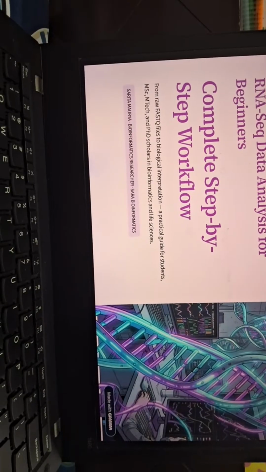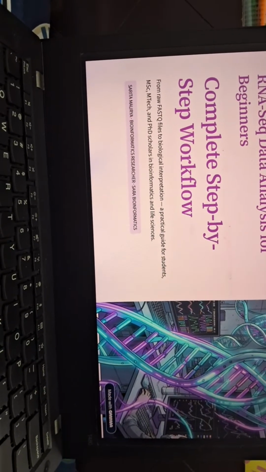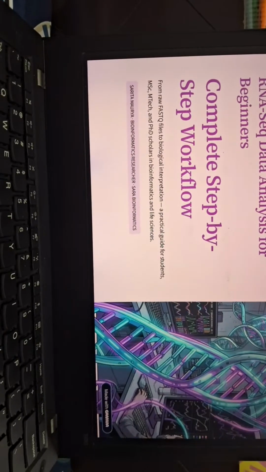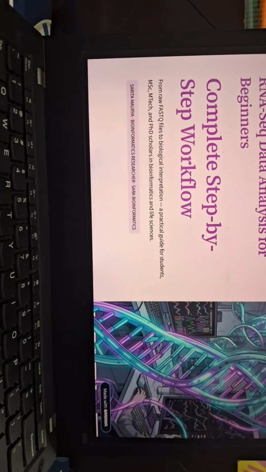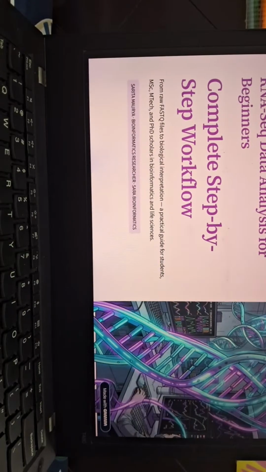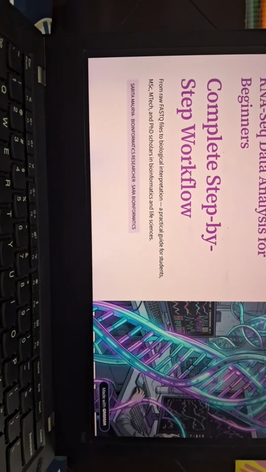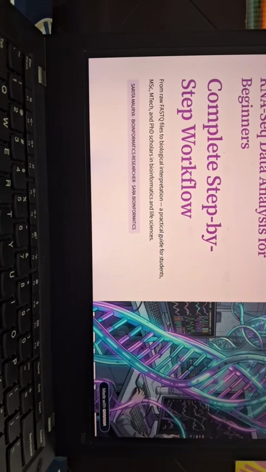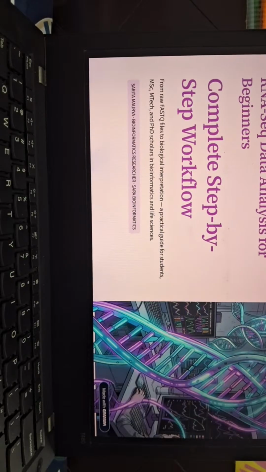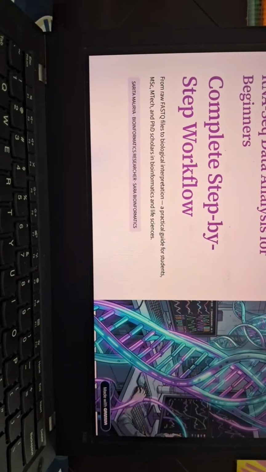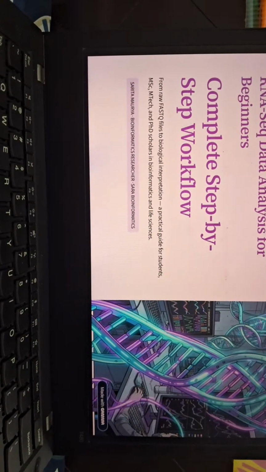Let's start with the basics. RNA-seq stands for RNA sequencing. It is a next generation sequencing technology used to measure gene expression. It tells us which genes are active and how much they are expressed in a cell or tissue. For example, if we compare healthy and cancer samples, RNA-seq helps us identify which genes are upregulated or downregulated. This biomarker,